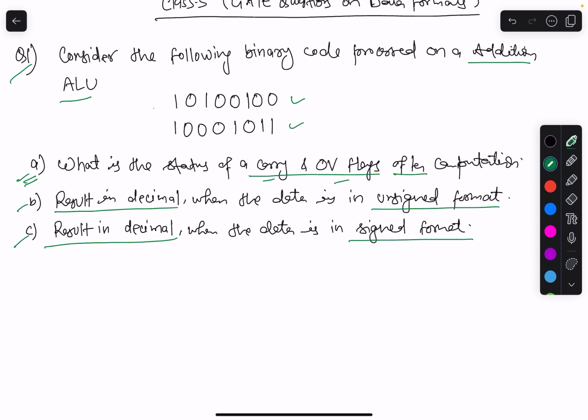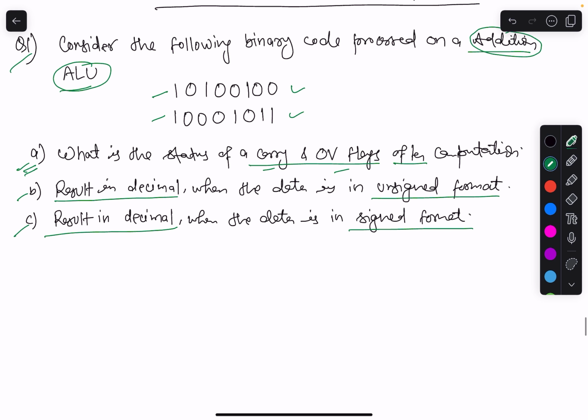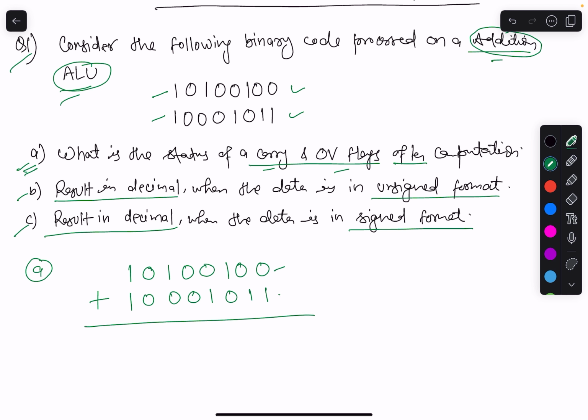So we need these two numbers, and it is given that it is an addition ALU, right? So we need to add these two numbers. Let's take the first number, 10100100, and then we need to add this, because we were given the addition arithmetic logic unit, 10001011. If we add this here, 0 and 1 is 1, 0 and 1 is 1, 1 and 0 is 1, 0 and 1 is 1, then